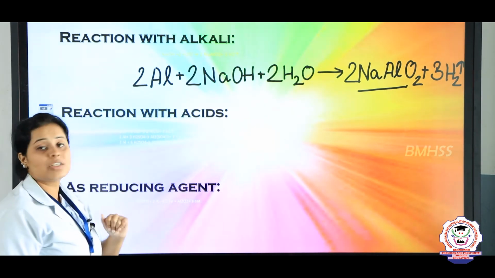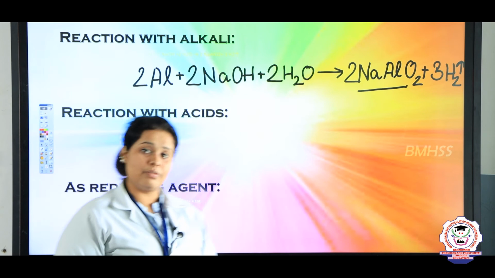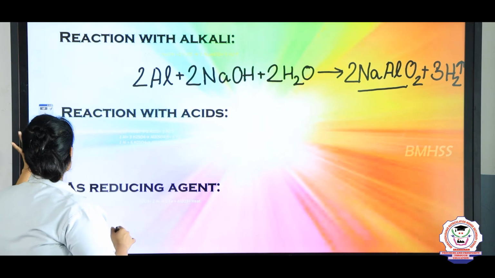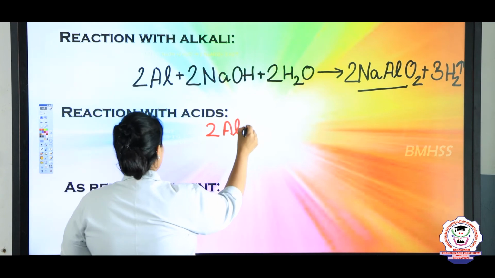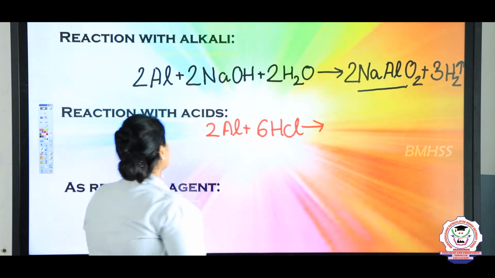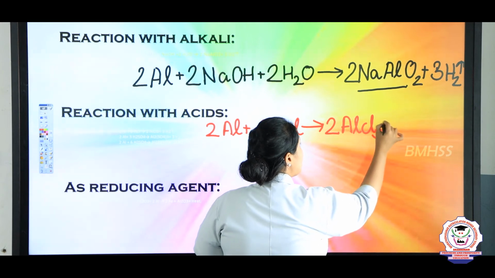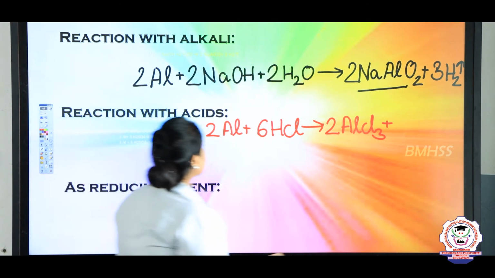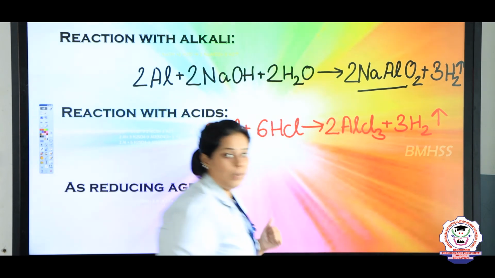In the same way, if you are seeing the reaction with acids, generally if you take a dilute acid, it will react and give you some kind of halides. So here, the reaction will go on as you take 2 molecules of Al plus 6 molecules of HCl, which is dilute hydrochloric acid. The reaction will give aluminium chloride, AlCl3, plus here again you will see that hydrogen gas is released. So what is the gas? 3H2 gas is getting liberated.